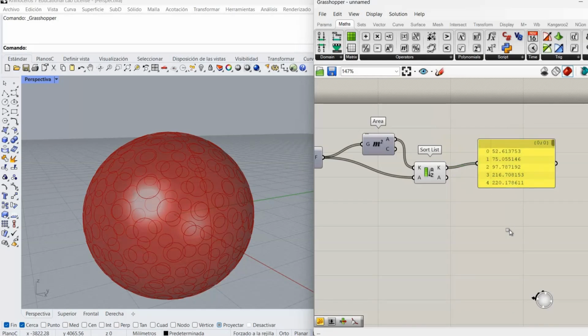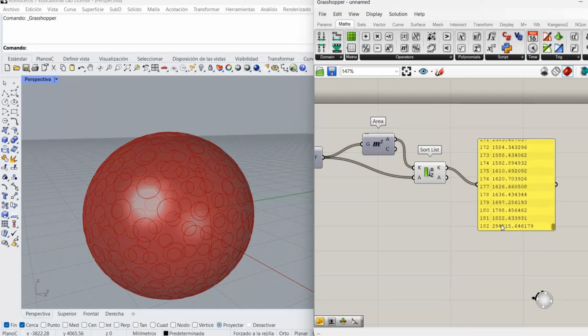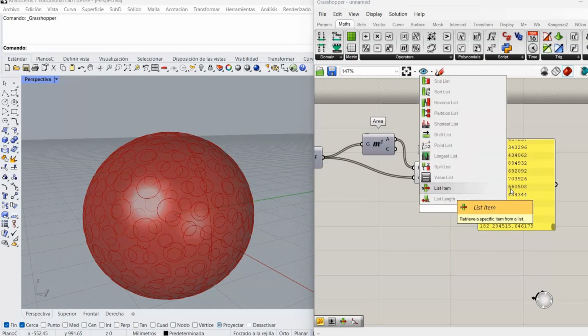If I get a panel, I have all those areas, and now they are organized from the smallest area to the biggest one. And you can see that the last one is way bigger than the previous one. So the last one represents the main area that I need. On the other output is where I get my surfaces. They are all trimmed surfaces, but I know the one that I need is 182, because it's the one that has this value. So what I'll do is get my List Item component,